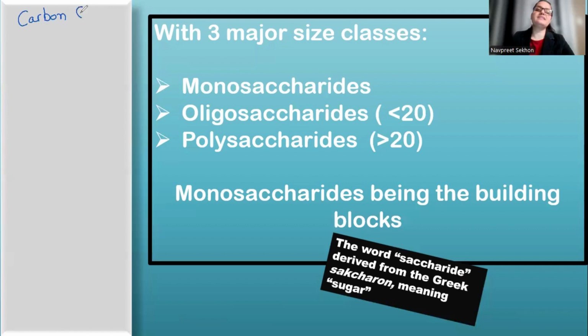Like you will realize that the most abundant element of chemistry, if there is any, in the living system or in the biomolecules, it is carbon. So to understand life, we need to understand, first of all, this element, this atom of carbon, right? So carbon is denoted by the symbol C. It is the member of 14th group of the periodic table.